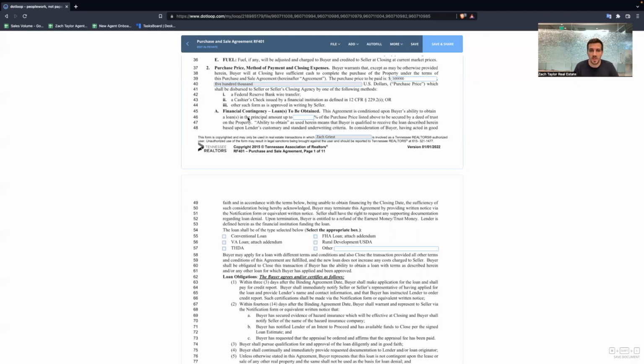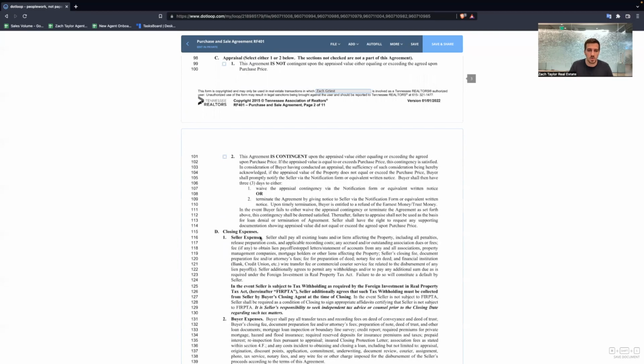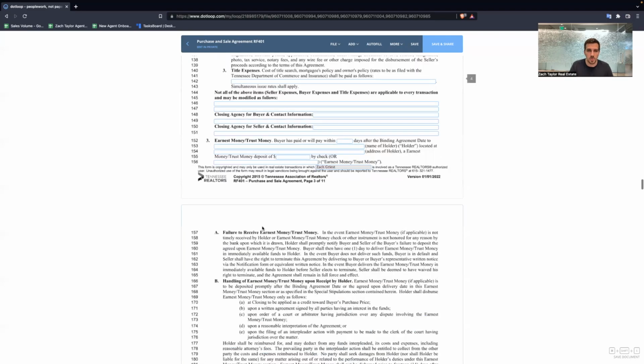Another thing with contracts is working with another agent, and it sounds very cynical, but if you hear another agent say, I've been doing this for 30 years, or this is the way it's always been done, run the other way. It is probably being done incorrectly. If you are being told that based on years in the business, or this is the way it's always been done, do not go by that. So let's go through this contract. Appraisal, you would check this. Let me go to